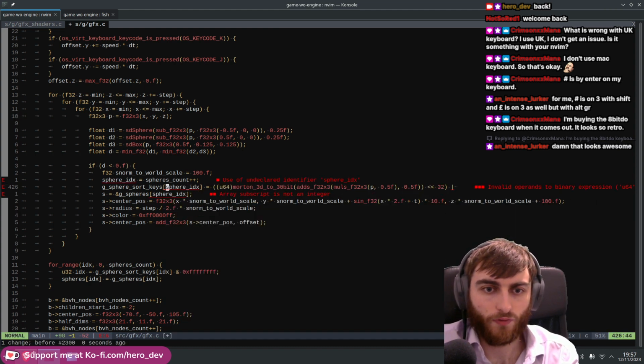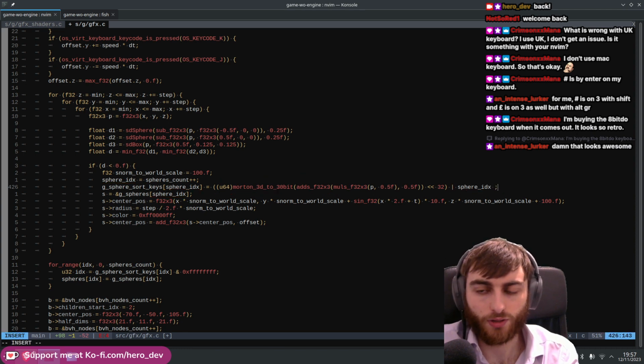Right, then you cram the sphere index into the low bits, and then you just sort that whole sort key, and then